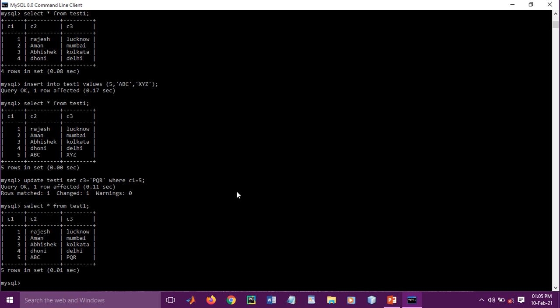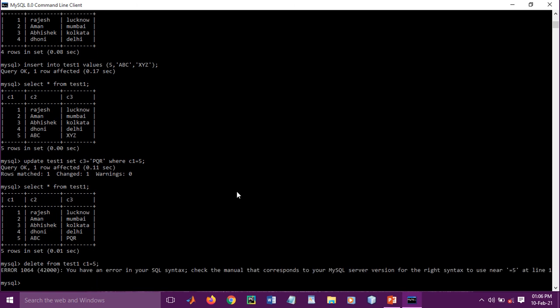Let's suppose we want to delete that row with C1 equal to 5. Then we can use the delete command. For the delete command we can write delete from table name test1. Simply we will put some condition based on where C1 equal to 5.